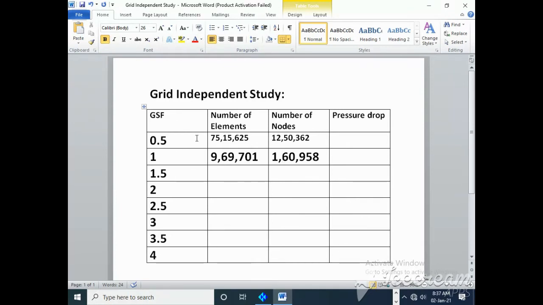When I reduce the global scale factor from 1 to 0.5, the number of elements increases to 75,15,622. In the same way, the number of nodes also increases. So different cases happen with different problems. For this particular problem, I found that increasing the global scale factor reduces the number of elements and nodes, but in most problems it happens in reverse. But let it be. We will study this part.